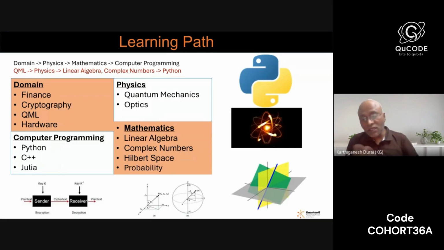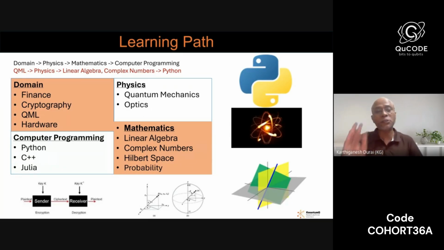There is a reason why these domains, why not a simple database management system, or why not a billing or any financial accounting? Why don't we use a quantum computer for financial accounting? That also we can consider as a domain, right? See, that clarity you should get. We can use quantum computers only for certain domains which have complex exponential problems, which we generally call NP hard problems. So that you have to identify first.